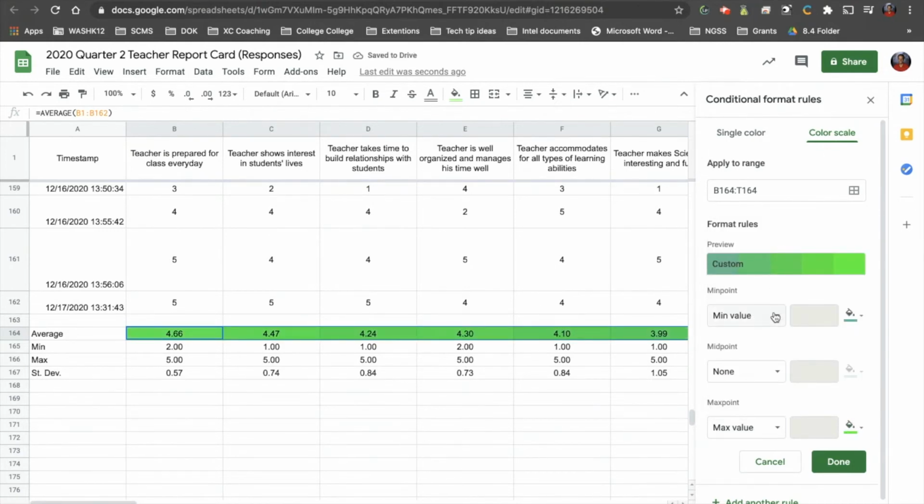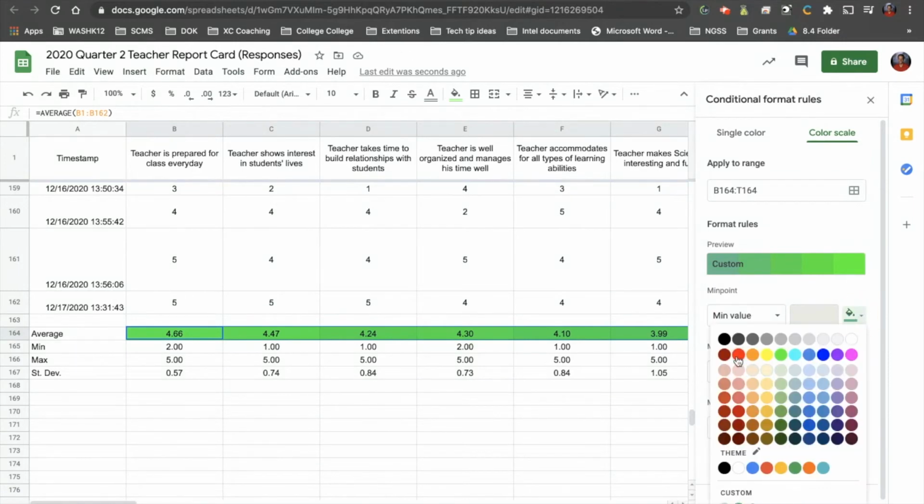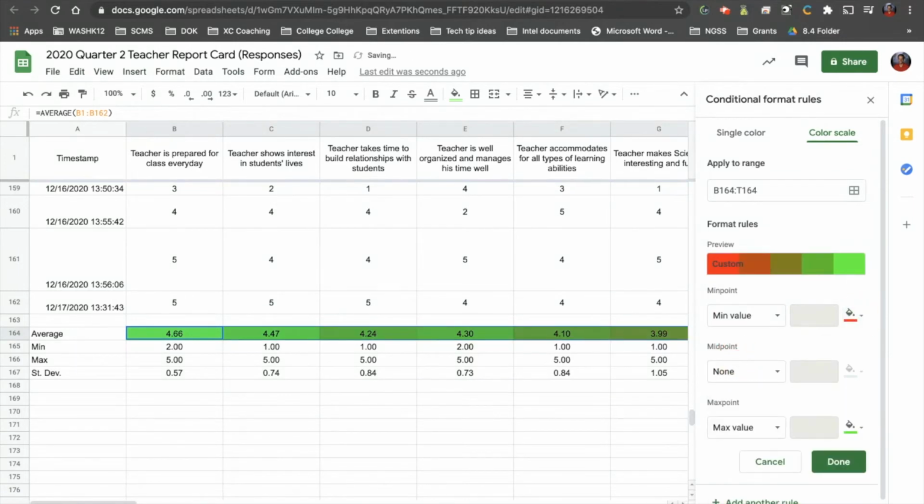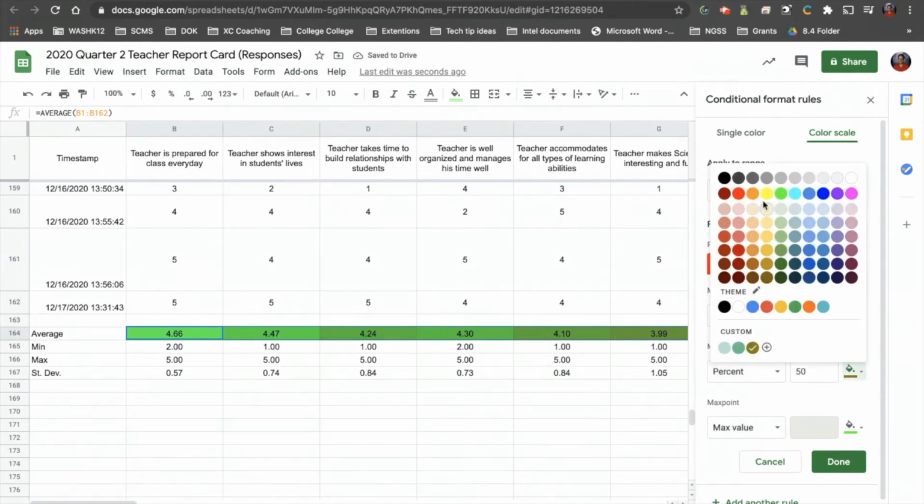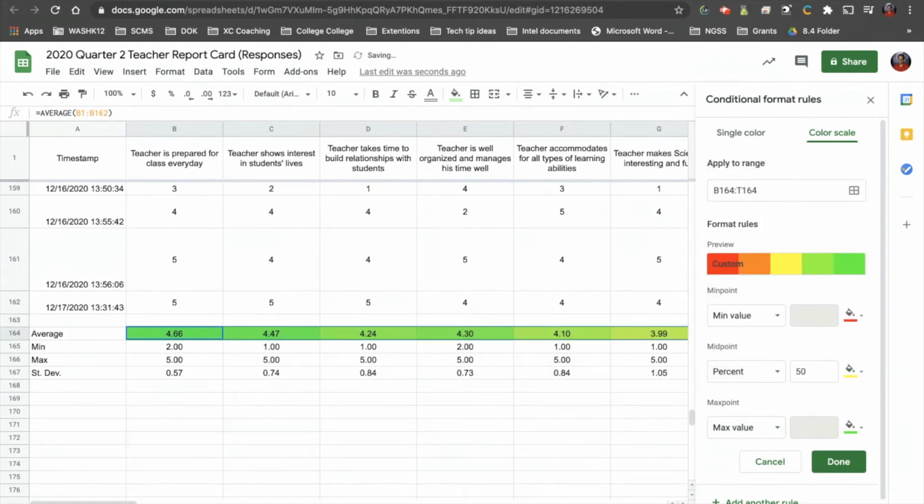The minimum value, that's not good. So I'm going to make that red. All I'm doing here is so I can visually look at this and say, okay, if this is dark green, that means this is a high value. If it's red, it's just a low value. And then my midpoint, let's just say at 50%, let's make that a yellow so we can see that a little bit nicer. Okay, so if I push done,